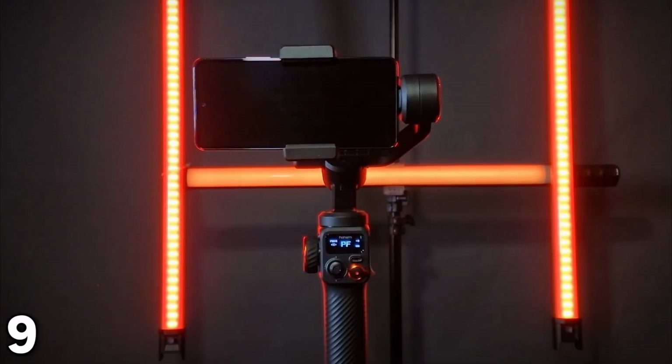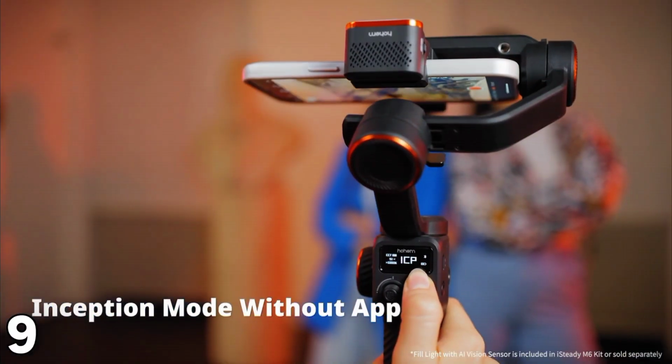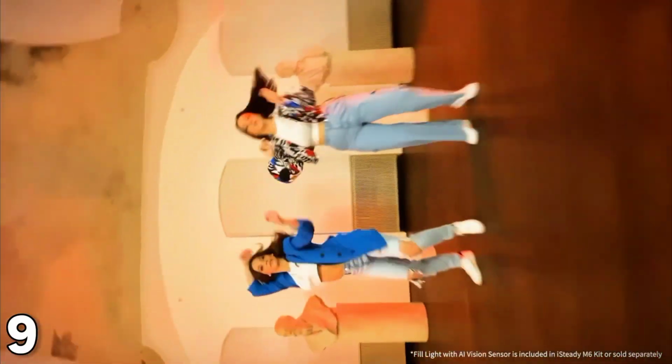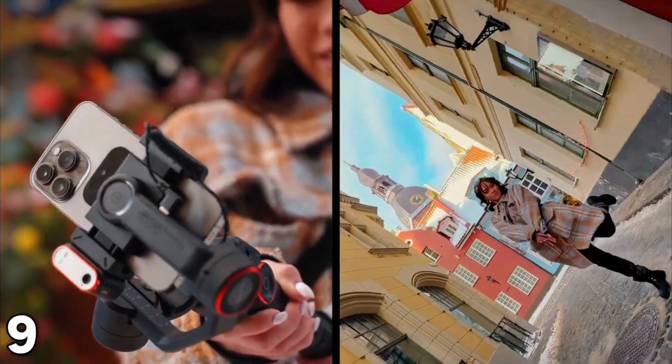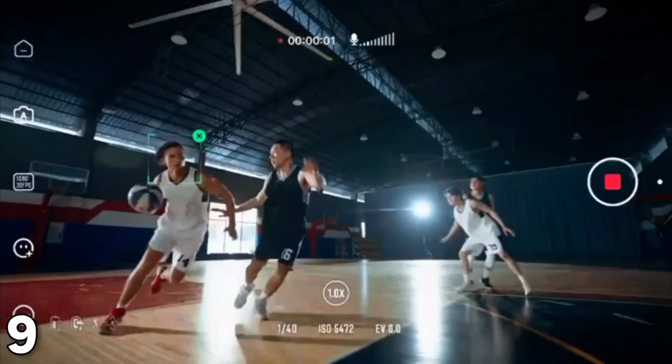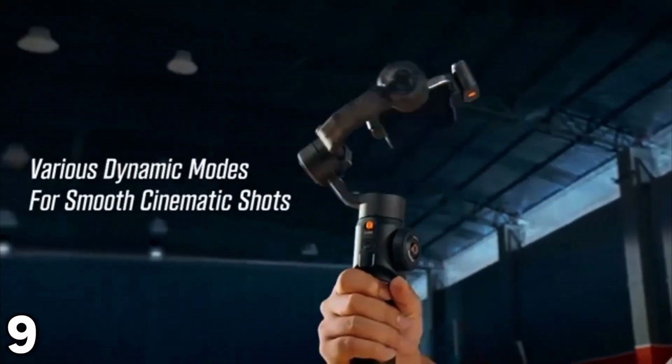With its 7T-Gen iSteady stabilization algorithm, say goodbye to shaky footage as you capture stunning smooth shots, whether you're vlogging, filming a passion project, or taking selfies. The exciting new Inception mode allows for 360 degrees vertical rotation, giving you creative freedom to capture dynamic angles like